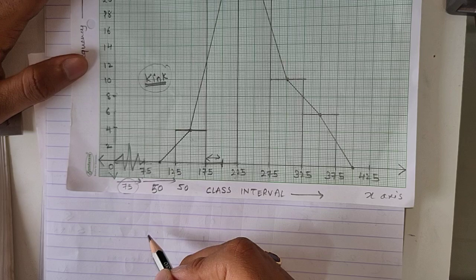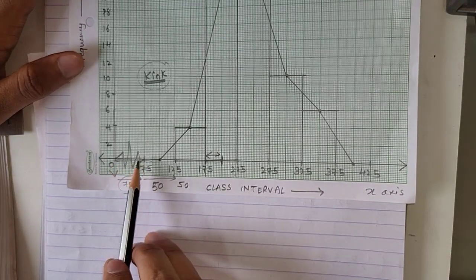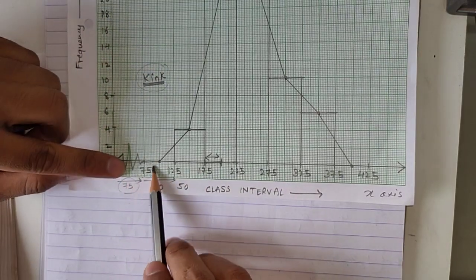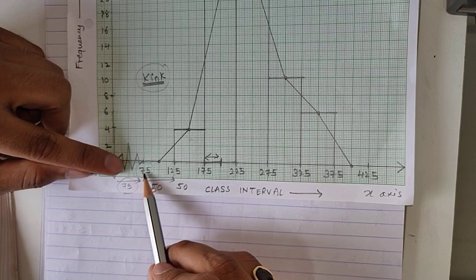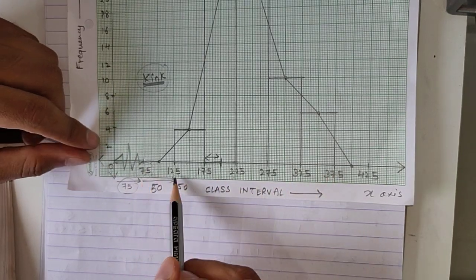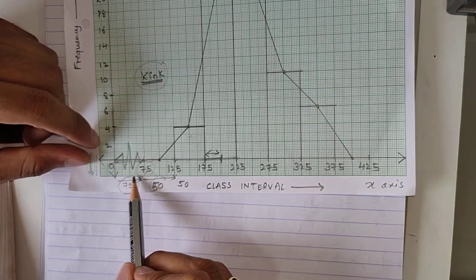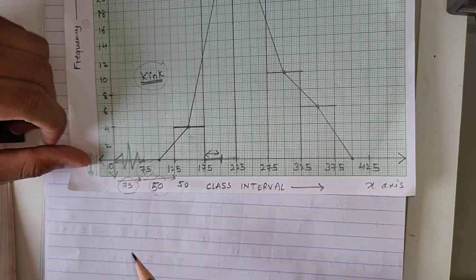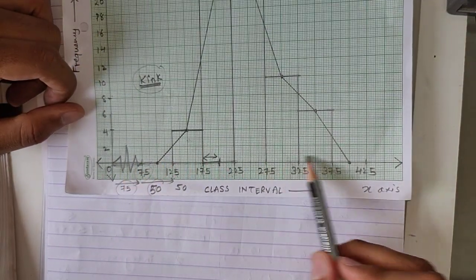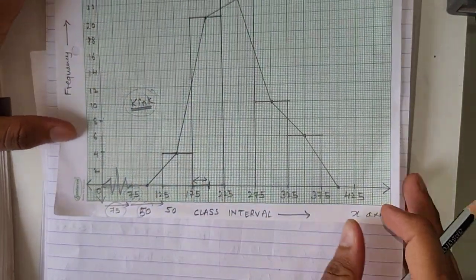Okay, when this first interval, which is automatically formed, you don't make it, because 0 is fixed and this first number you get from your question that it should start with 75 and then you start plotting the numbers. So you should check whether from 0 to 75 it is 50 units. No, it is more than that. So I will draw a kink, to represent that this first interval is not the same as the other intervals. Just to represent that, we draw a kink.